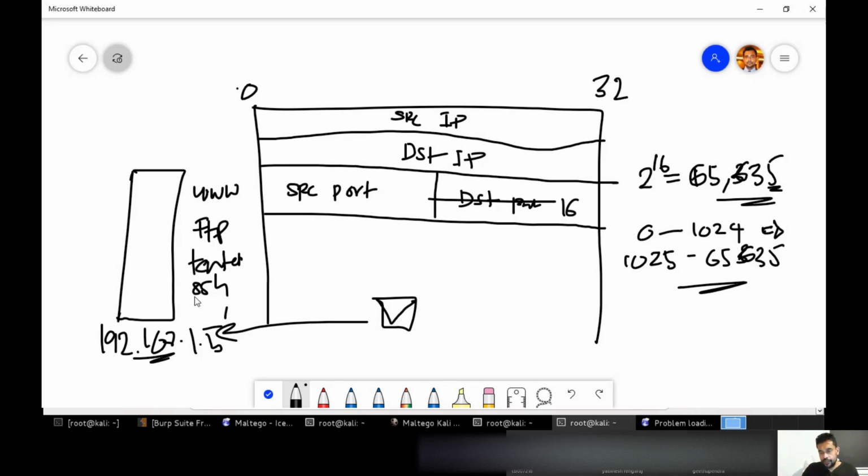How are we going to differentiate traffic from each and every service? The technique that we use is ports. So an IP address is assigned to a host, and we are running certain services, such as the www service and the HTTPS service, which is port 443. So these are the ports, and these are actually logical ports. Now, when it comes to scanning,